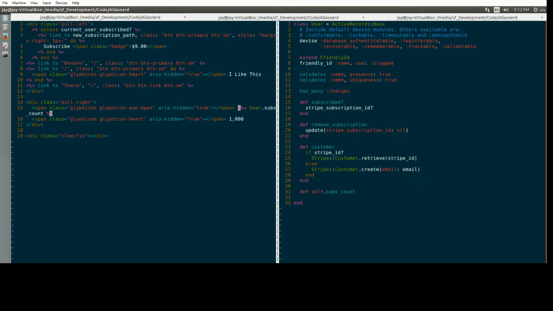Right, that's what I called it, subs count. Okay, and subs count, all it has to do is just do User.where subscription Stripe subscription ID is